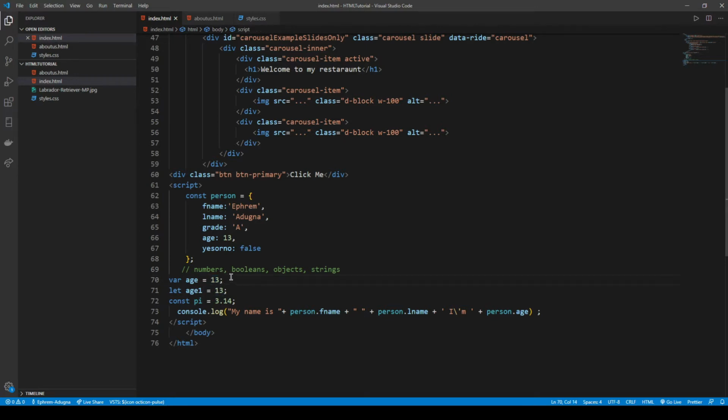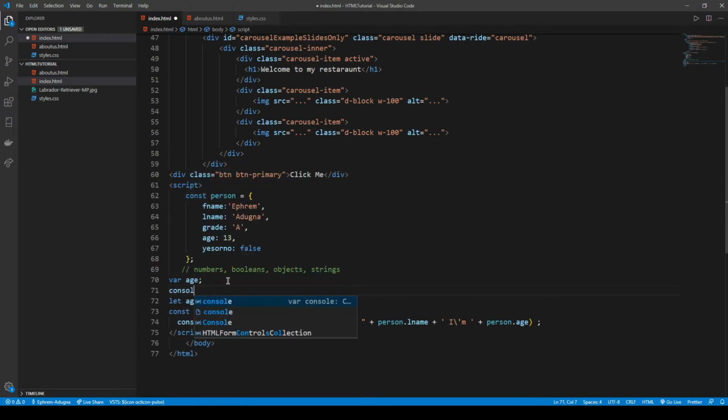We can also just type var age and then leave it like that. But if we do that, the age will be uninitialized, which means it will have no value. So if we type console.log and then age, and then save, and then open this up,